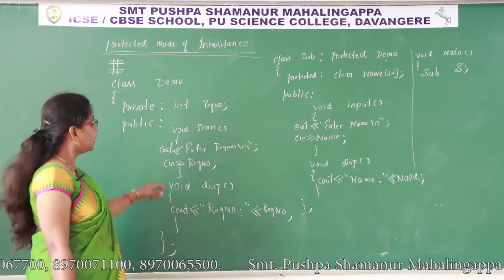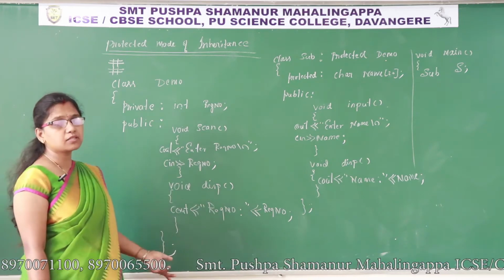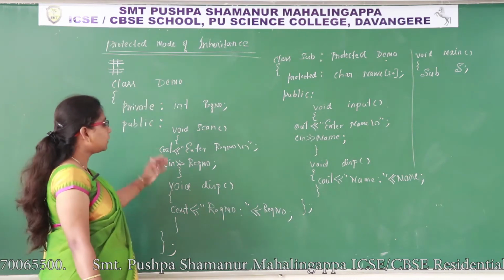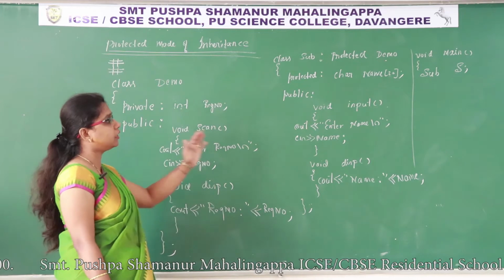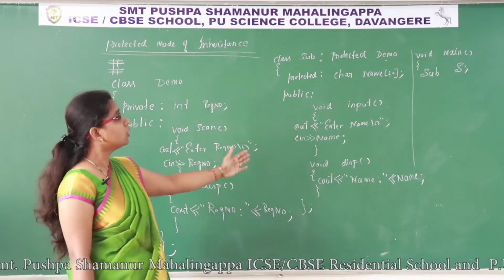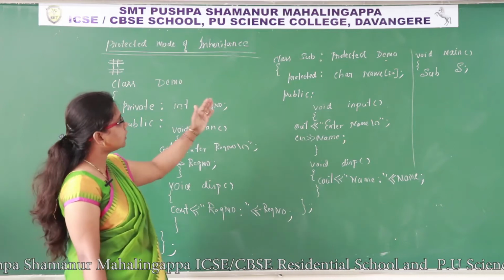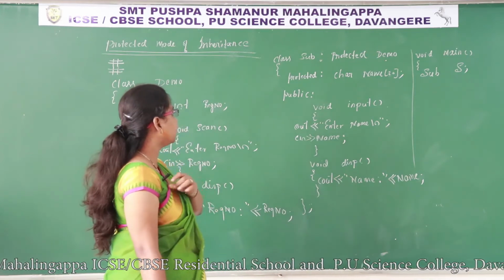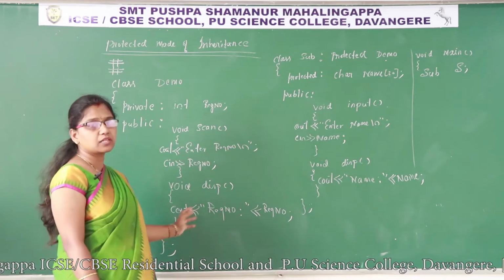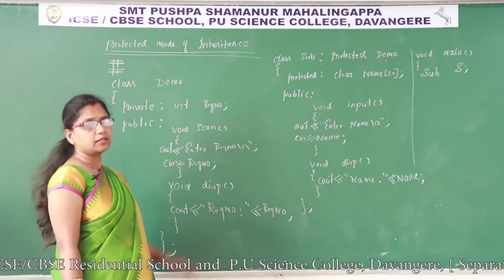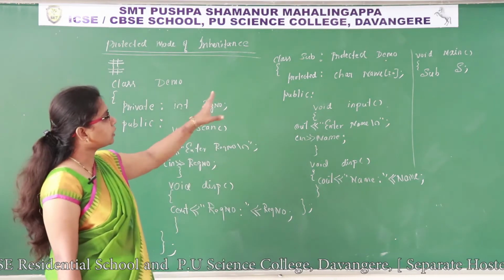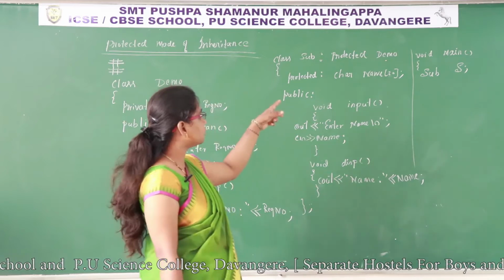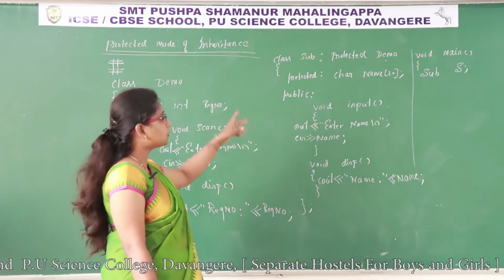What are the public members? Two member functions are there. See, members are nothing but data members and member functions. So what are the member functions here? Scan and display. These two member functions are inherited to the derived class, and they go to the protected section of the derived class. What is there in the protected section right now in the derived class? One data member is there. Along with the data member, there are two member functions because they have been inherited from this class to that class. So what is the conclusion here? In the protected section of a derived class, there is one data member and two member functions. Name is a data member and scan, display are the member functions.